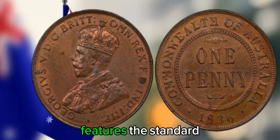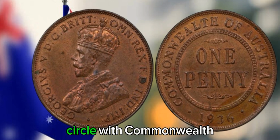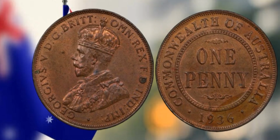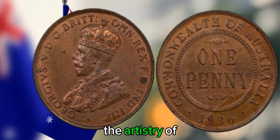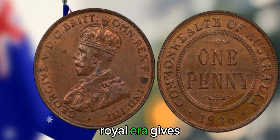The coin's reverse features the standard 1 penny design inside a beaded inner circle, with Commonwealth of Australia around the edge and the date below. The obverse features George V in left-facing profile, a familiar portrait to Australian collectors. The artistry of the design, combined with the emotional connection to the end of a royal era, gives this coin